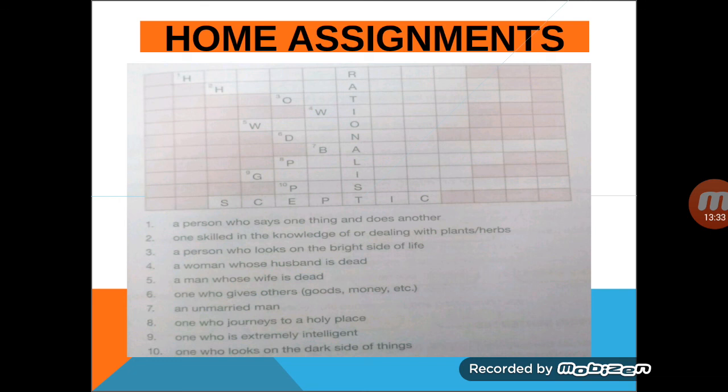Now you are expected to do all the 8 words yourself. You can consult some dictionary, and please send me this exercise, and I will do the solved exercise in tomorrow's lecture, and you can make your corrections. But you need to fill in this grid, and you need to send it to me. You can send it by tomorrow, so I can mark you present in the class.